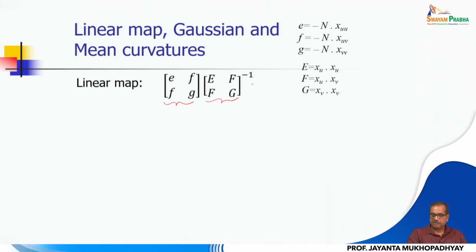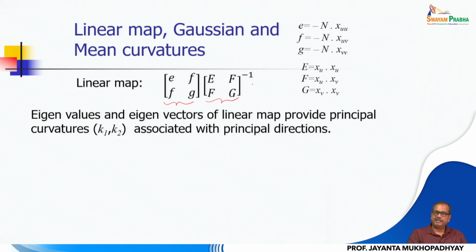And taking the inverse, the properties of the linear map are actually related to the curvature very directly. If I take the eigenvalues and eigenvectors of the linear map, the eigenvectors give me the directions of principal curvatures, and the eigenvalues are those curvature values. Actually, let me explain that. If you have a point on a surface, as I mentioned, there are